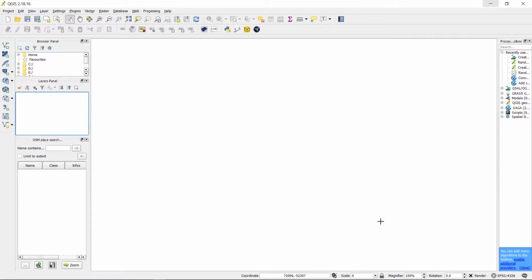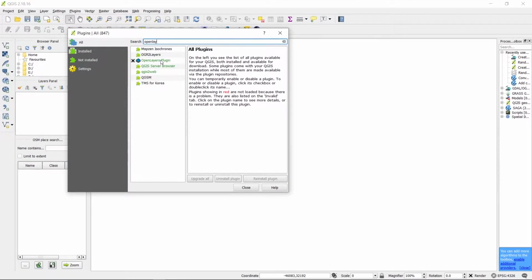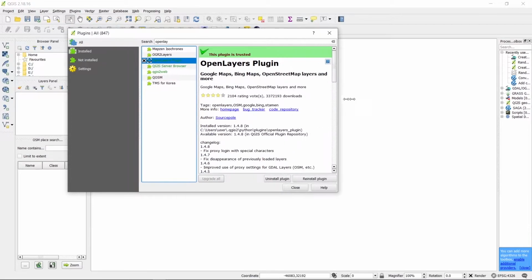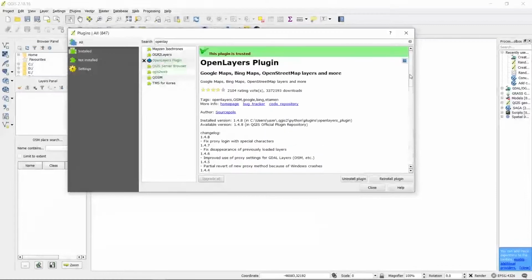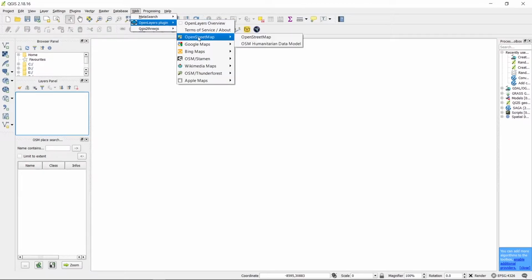As I already told you, we have to download OSM data via QGIS. So go to the plugins and search for the OpenLayers plugin. Right, this is the plugin. There are many plugins that can be used for downloading OSM data. But I am familiar with this, so you can just install this, go to web, OpenLayers plugin, and open OpenStreetMap.